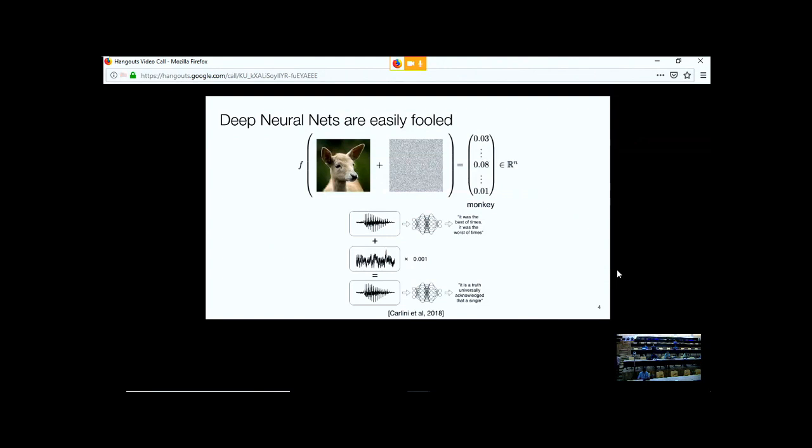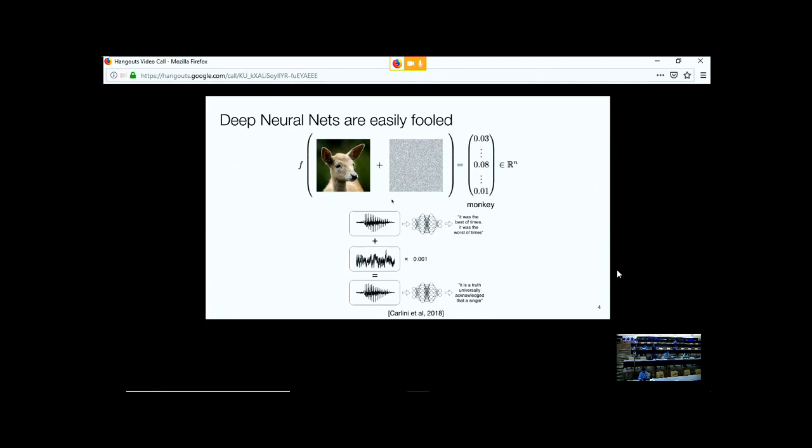One of the recent developments that people have been working on is solutions for the problem that neural networks are actually very easily fooled. People have shown that if we take this image of this fawn and add some noise to it, then it's very easy to make this neural network think that now the argmax of this probability vector goes to monkey, right? We add just a little bit of noise to it, and we can drastically change the answer of the neural network.